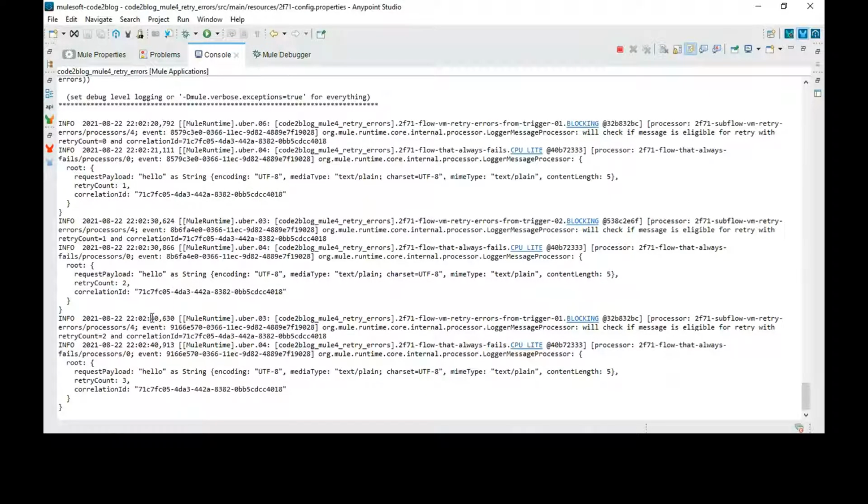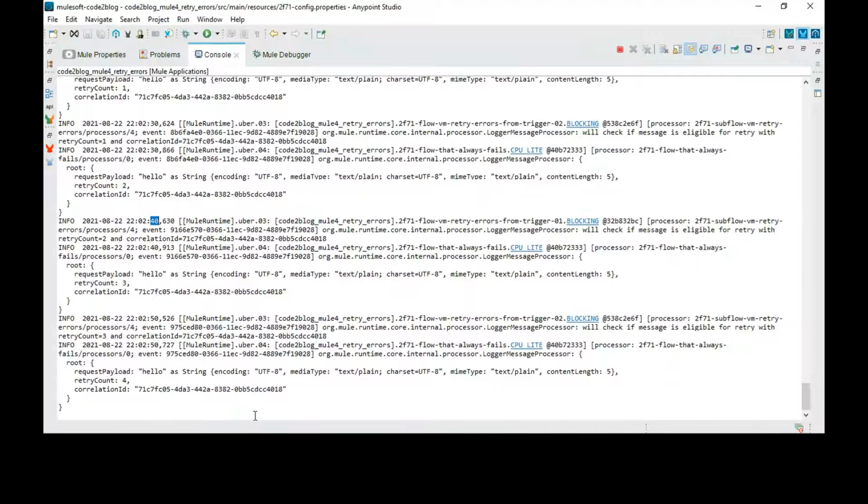The payload structure is shown, the retry count is shown, the correlation ID is shown, and I'm highlighting the interval of 10 seconds so that you can clearly view that.